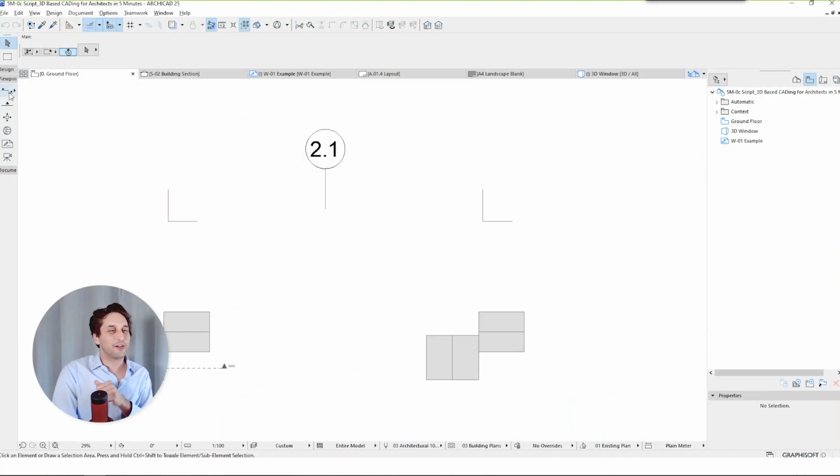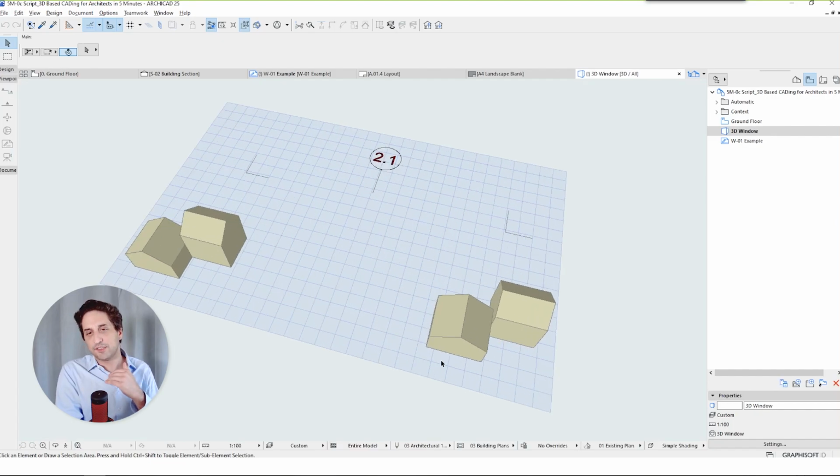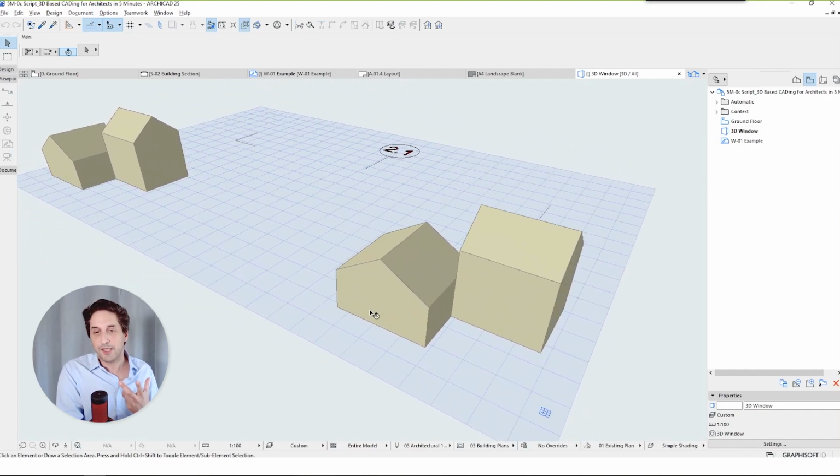Hey, Jonathan here. So today we're going to take 5 minutes to understand how we can use a quick and dirty 3D model to start a CADing drawing. Let's fire up ArchiCAD. We're going to start with the model that we modeled in the other 5 minutes that we did. So we're just going to start forcing the software to give us a drawing, and then we can draw